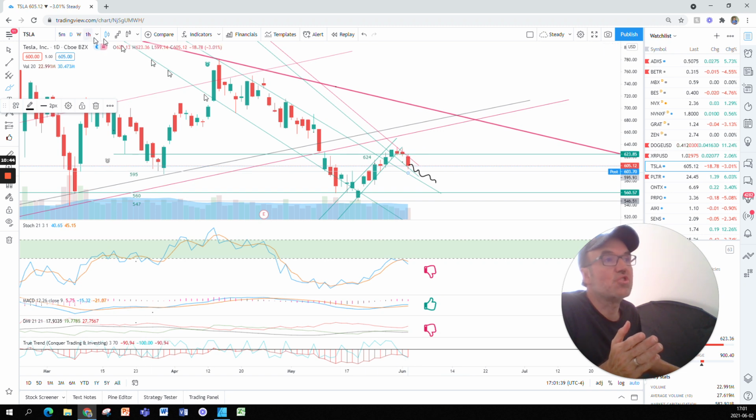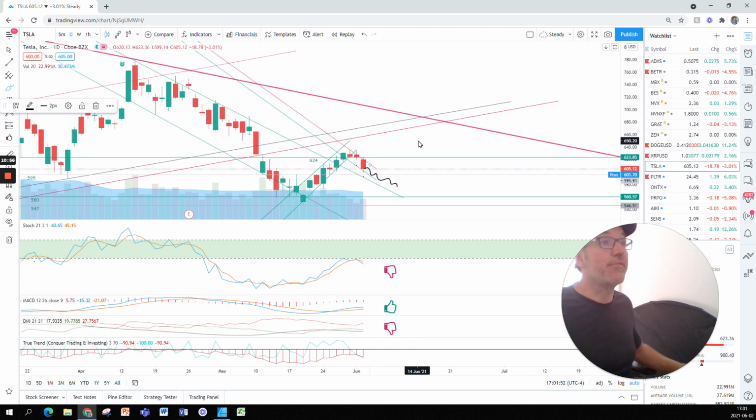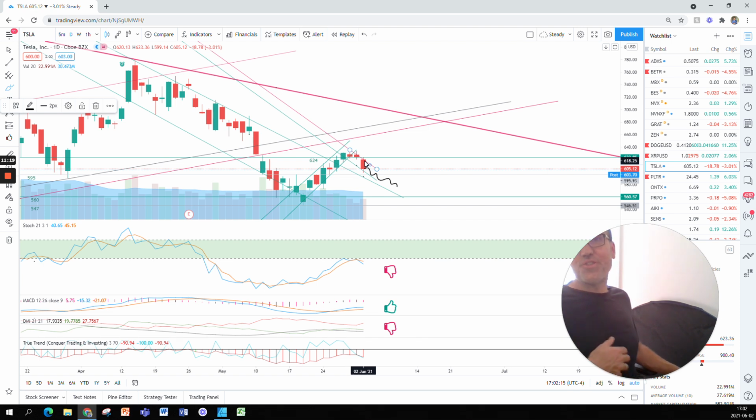So we need to check this resistance to see when this downtrend will stop. Let's just keep our eyes peeled and be ready to act if you need to act. Yesterday was a nice point to sell. If you had been long since somewhere here at 571, now I don't think there's any sign that you should buy this stock yet, unless you want to